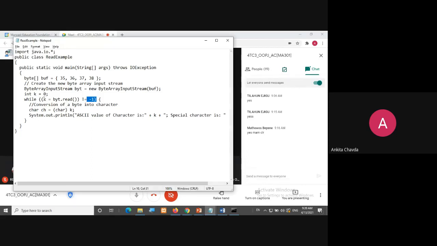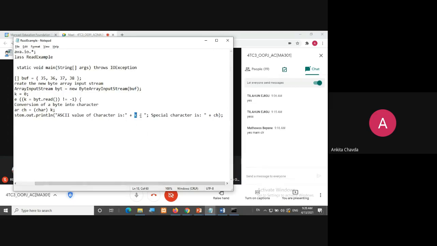But if there is some data to read, at that time I need to convert whatever the data is into an integer, which I'll convert into a character. So I can get to know, okay, with this 35 ASCII value, which character is this? They would be special characters, right? So I'll store it into a character variable and simply print it, the ASCII value of the character where k is your integer value.